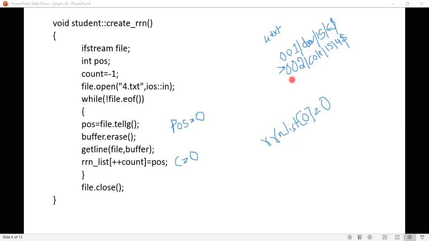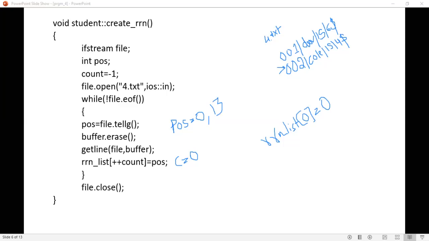What is this position now? This is 0, 1, 2, 3, 4, 5, 6, 7, 8, 9, 10, 11, 12, 13. It will return 13 to position now. Initially you had 0. Now tellg has returned 13. That is the second record position.